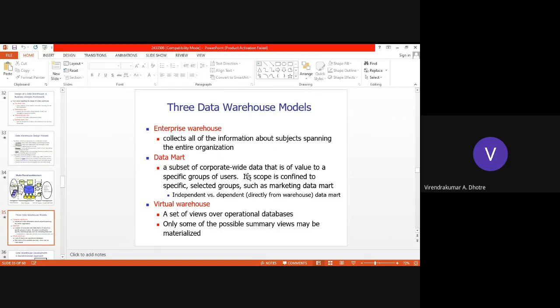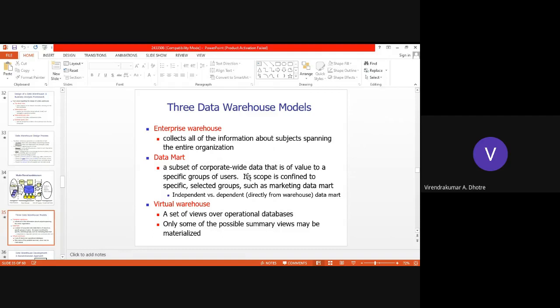A virtual warehouse will have a different set of views over the operational databases which are implemented, and out of that, only some of the views will be materialized, implemented, or used.